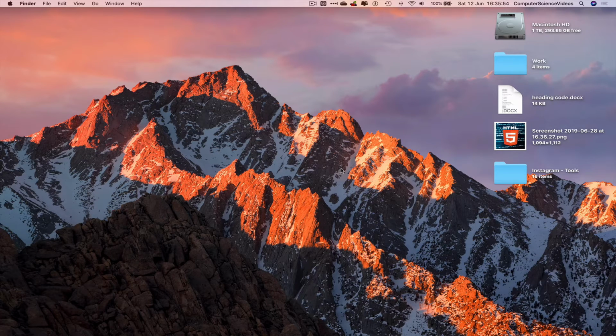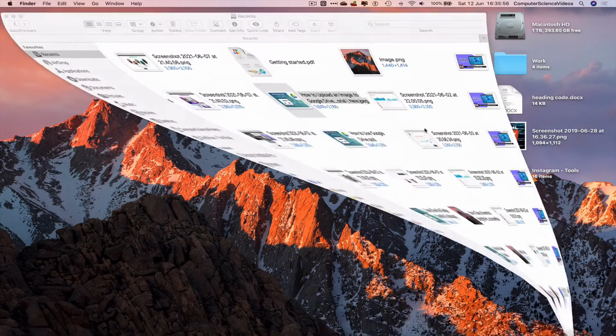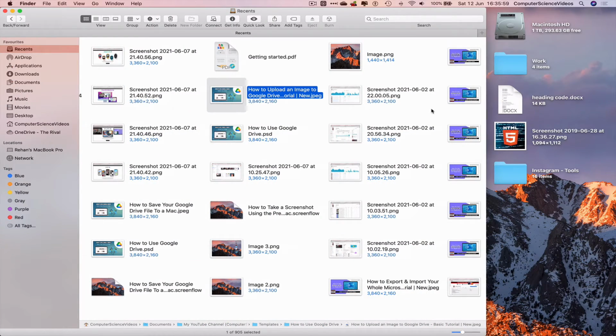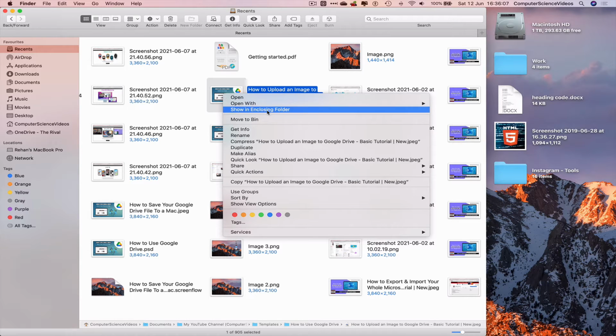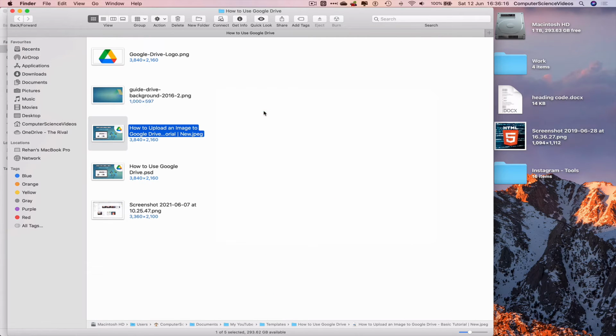So we can now go all the way down to the dock, go to Finder, go to all files in recents. Now click on a photo, a video, any file you wish to. Right click, and now to show where the enclosing folder is, we have to click on show in enclosing folder. This now takes us to a separate Finder window to now generate all the folders the file is in,